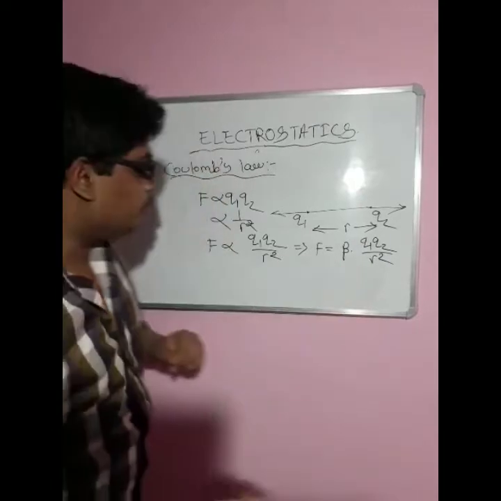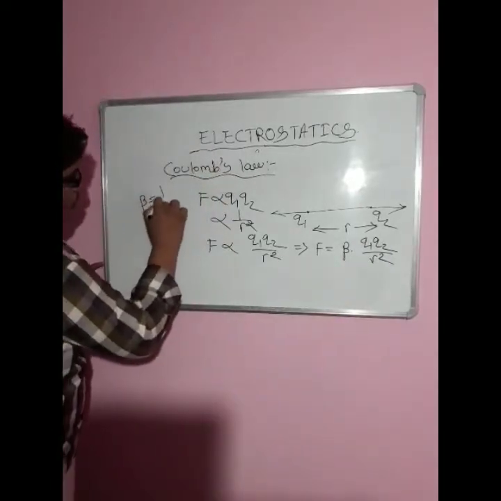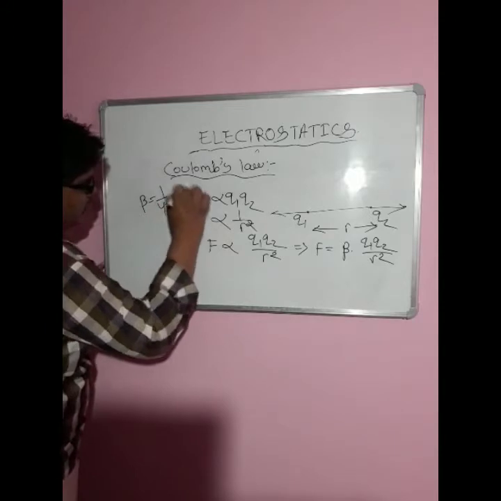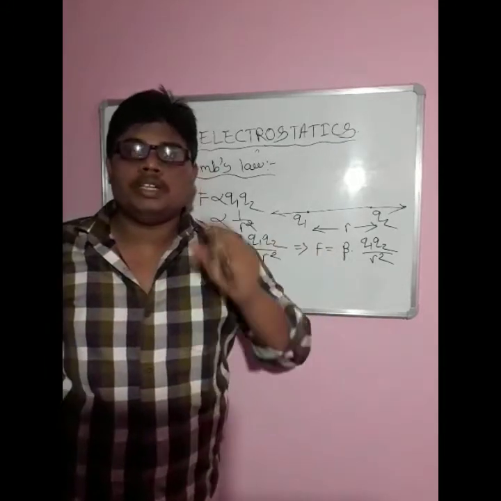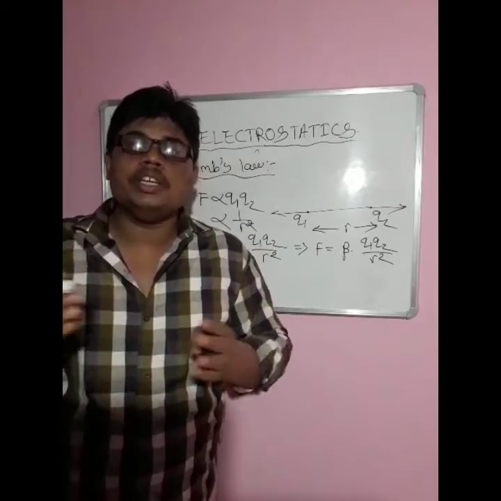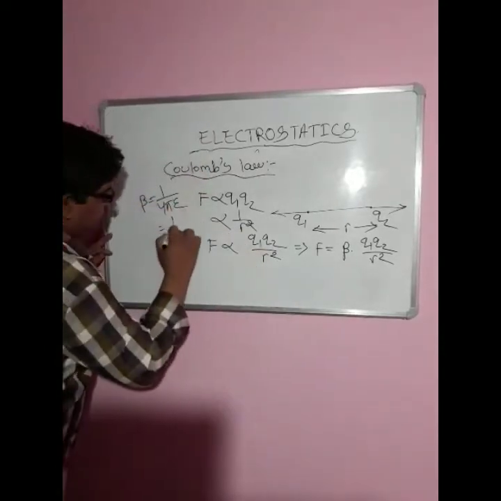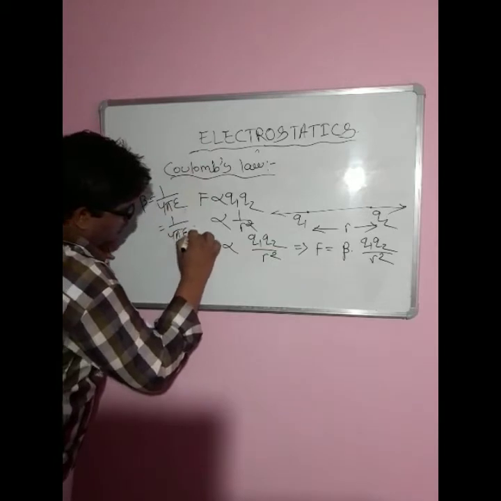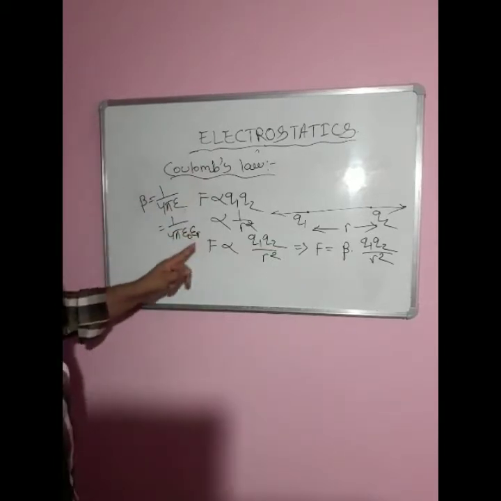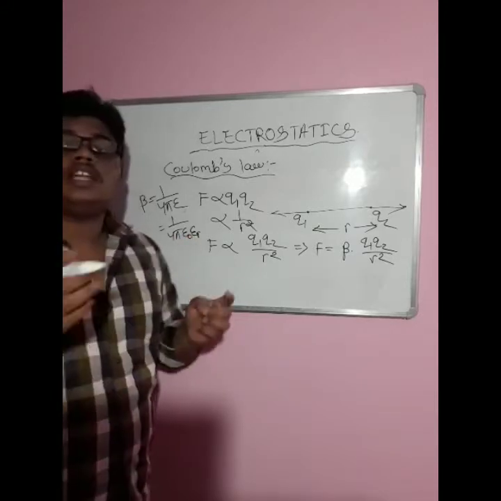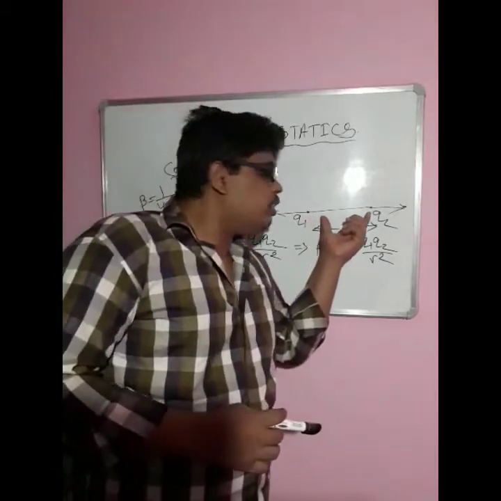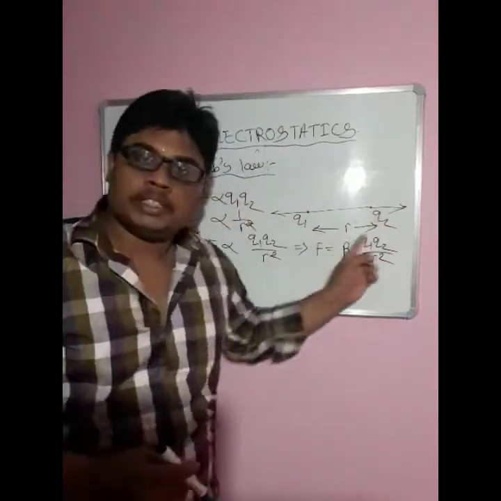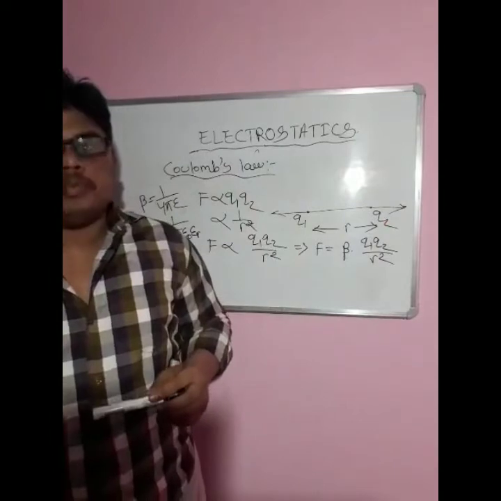Then what is beta? Beta is 1 by 4 pi epsilon. What is epsilon? It is the permittivity in medium. It can also be written as 4 pi epsilon 0 into epsilon r. Epsilon 0 is permittivity in vacuum, epsilon r is relative permittivity. What is permittivity? See, in between these two charges there is some space. The space content may be free space,